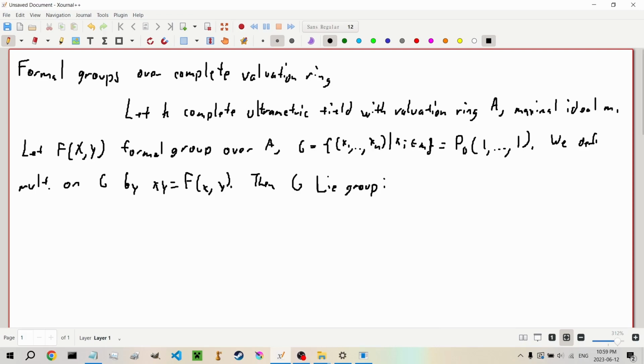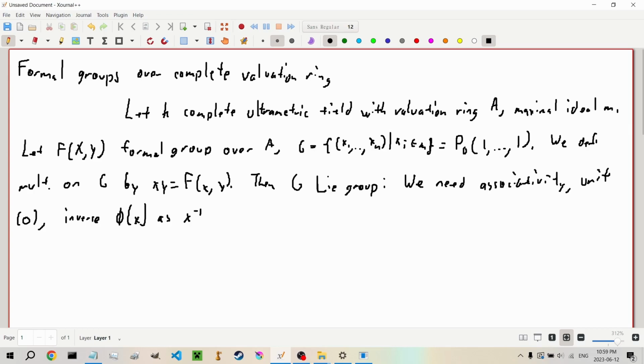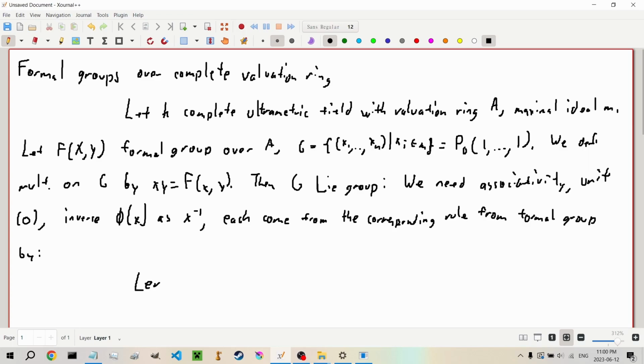So we need associativity. We need a unit, which is going to be 0, and inverse, phi of x as x inverse. Each of which come from the corresponding rule from the formal group, by a lemma which states